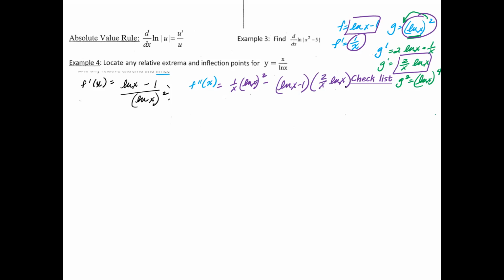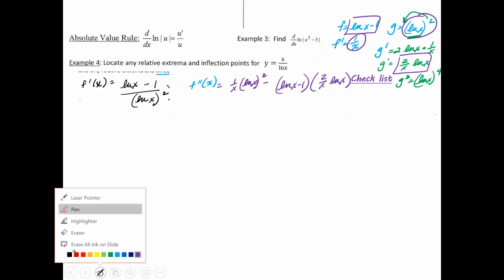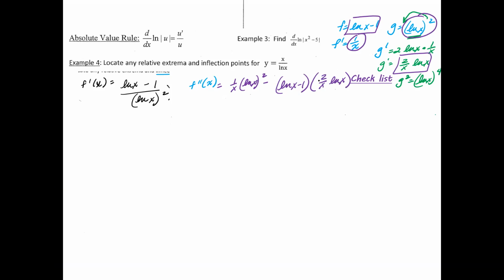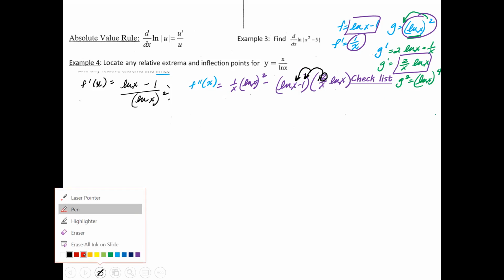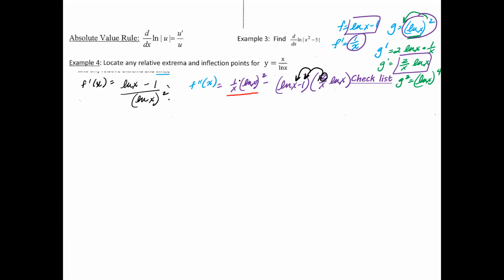So right now, as I'm looking at this, I notice that both of these have a 1 over x. This is a 1 times 2, by the way, okay? So what I want to do is take that 2, and because I'm thinking maybe I can factor the 1 over x out and see if I can maybe just distribute that 2 in here. So if I do that, then what I can take out from this is a 1 over x ln x, because there's 2 of them here, 1 over x ln x.